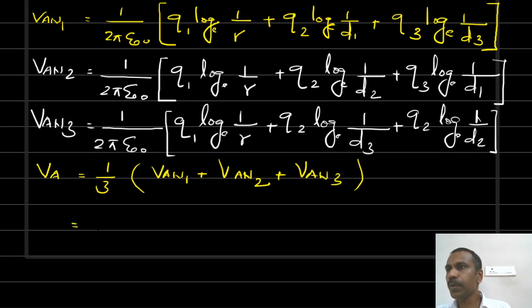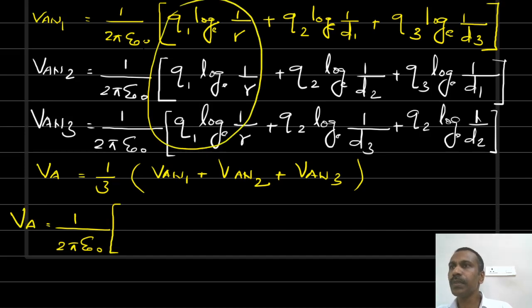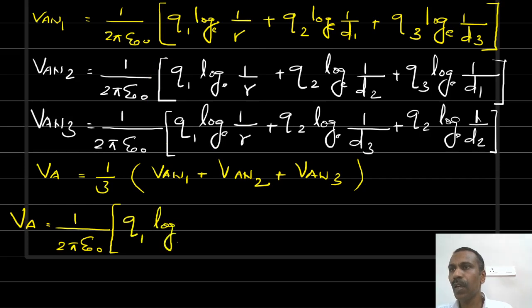So this is equal to 1 by 2 pi epsilon 0 into, you see these three terms are equal. So you get 3Q1 log 1 by R. That 3 and this 3 will be cancelled. That is Q1 log 1 by R